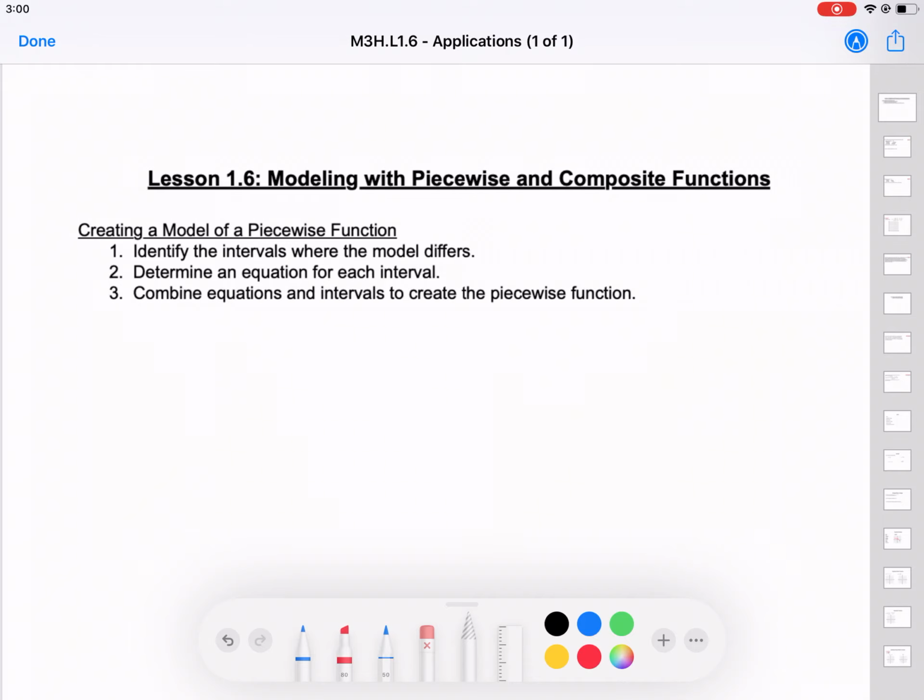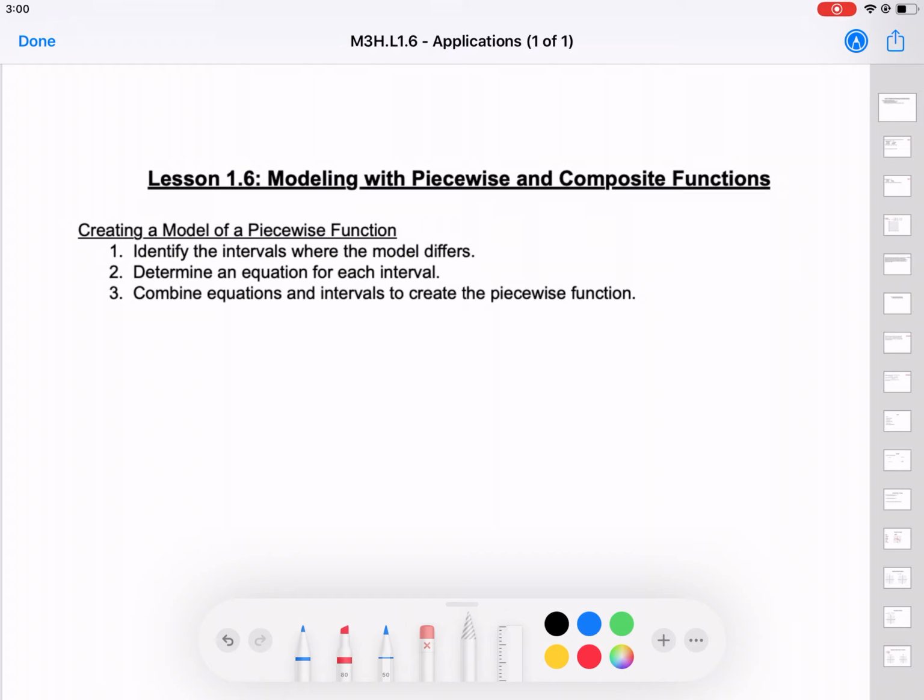All right, welcome back. We're going to go ahead and talk about modeling with piecewise and composite functions. But we're first going to talk about piecewise functions because they're our favorite. So these are just helpful hints that you can use. You don't have to use these, but this is kind of the order I like to create a model for